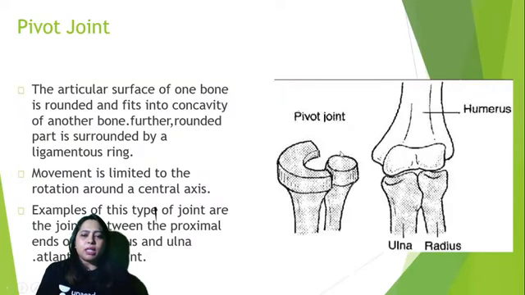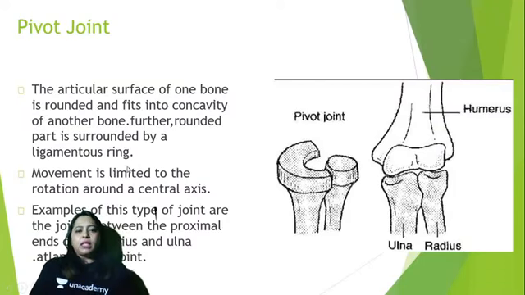So now movement is again limited here, not like a ball and socket joint where there is a wide range of movement. Here the movement is very much restricted because there is this half concavity. It is not a complete concavity where it can rotate. It is only a half concavity, so there is only half movement. Now, examples you can give.